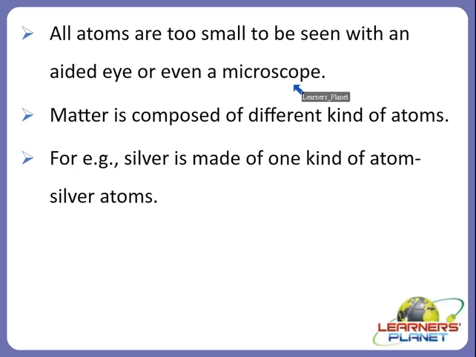All matter is the same, is it? No. Matter is composed of different kinds of atoms, and that's why we can say that all matter is not the same, because it is made up of different kinds of atoms. And if they are made up of different kinds of atoms, then obviously all the things would be different, right? Like for example, a bottle or computer or a bedroom which consists of a bed, right? All are made up of different kinds of atoms, and that is why they seem to be very different, right? So we can say that matter is composed of different kinds of atoms.